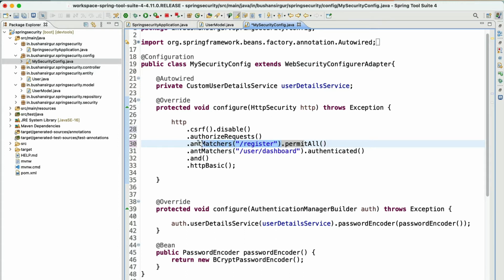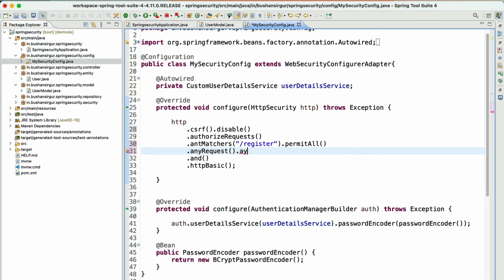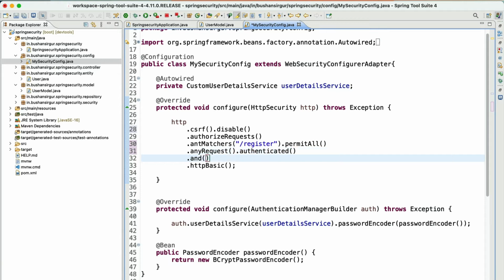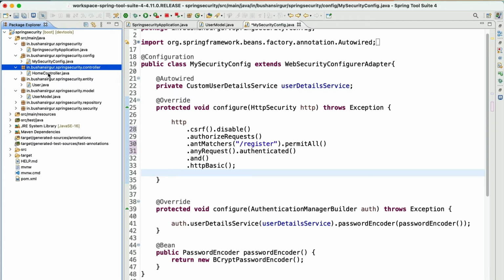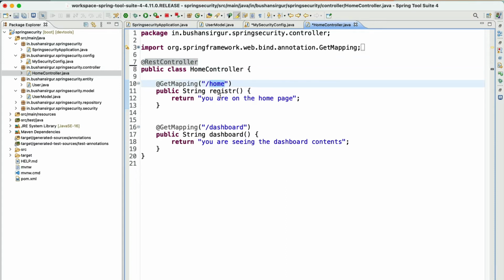We're going to permit this URI for all users, and make use of dot anyRequest that should be authenticated, and httpBasic. Inside the controller class, we have this home controller, and I'm going to get rid of this request mapping at the class level, and I will change this to register.